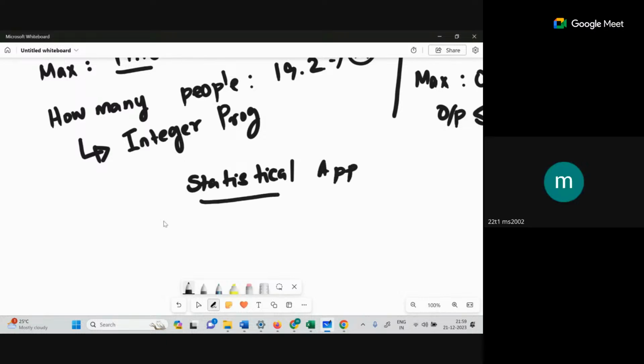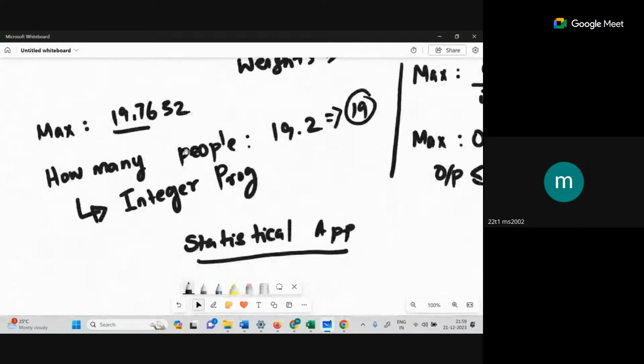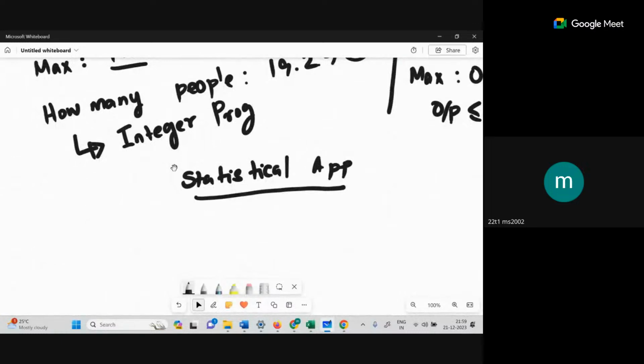So what about statistics? Poorness of fit for all data points, right? We have to minimize poorness of fit, for all the pairwise comparisons, not data points. You be more specific here. You say for all the pairwise comparisons. Okay. Yes, sir. So we collect data in the form of ratings, and